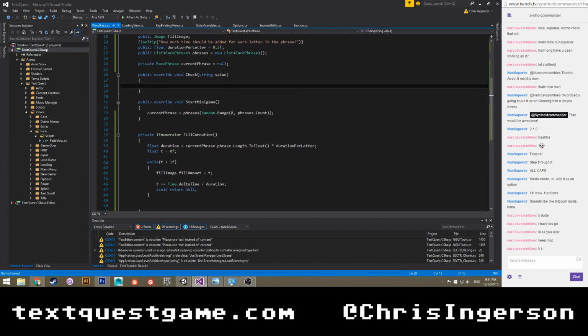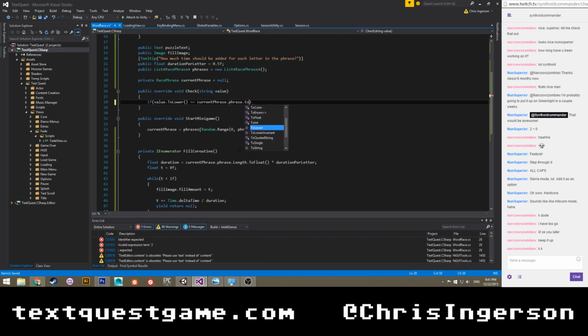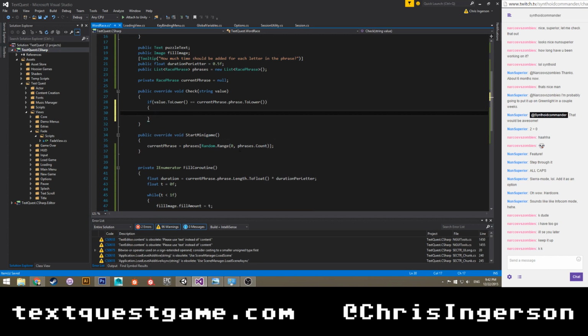And then we're going to have a check. Say if value lower is equal to current phrase dot phrase dot ToLower. I probably should strip any punctuation.